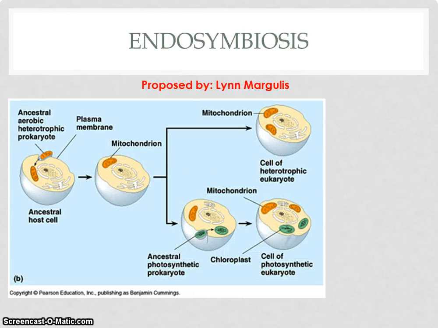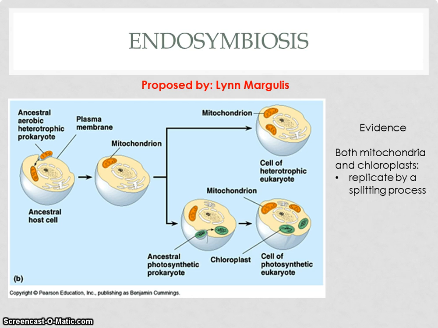Proposed by scientist Lynn Margulis, the hypothesis of endosymbiosis suggests that mitochondria and chloroplasts were formerly small prokaryotes living within larger host cells. This means that eukaryotic cells evolved as prokaryotic cells began to form symbiotic living arrangements many years ago. Evidence for this hypothesis includes: